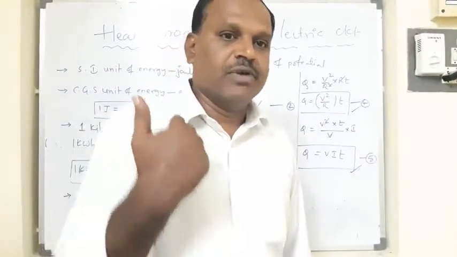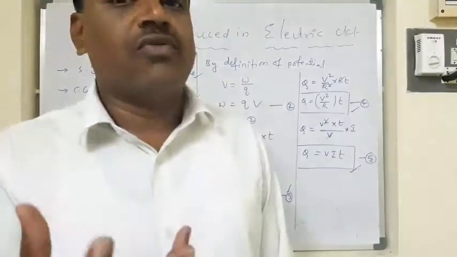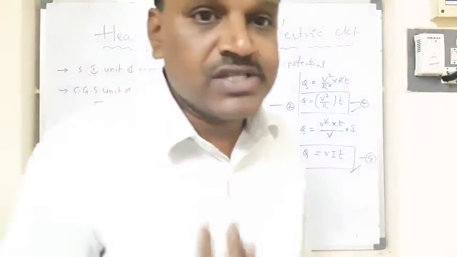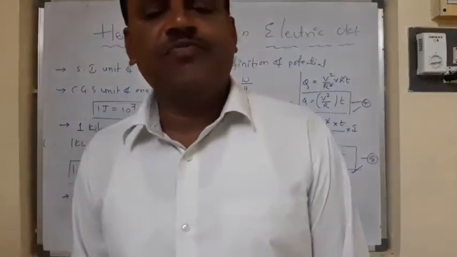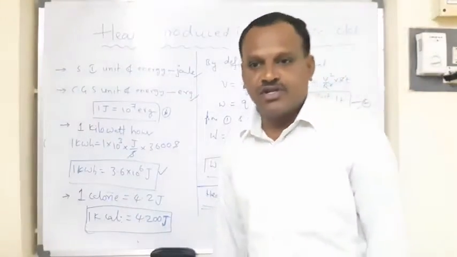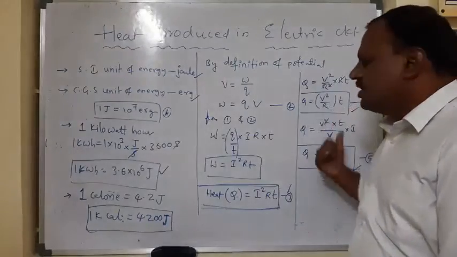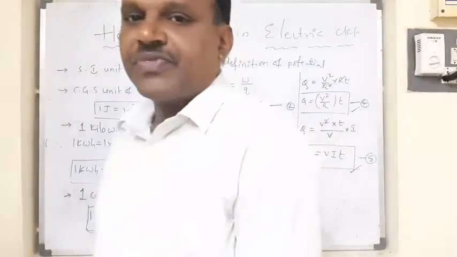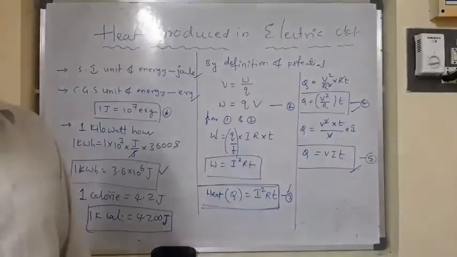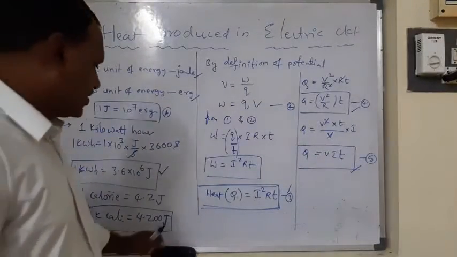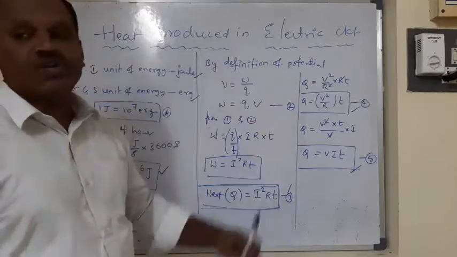So in order to move a charge in the electric circuit through a conductor, an amount of work is required. The amount of work is produced or absorbed and converted in the form of heat energy, right? So what is the equation for that heat energy? We have the third equation, fourth equation and fifth equation which give you the equations to determine heat energy, right? So you can observe the heat produced in electric circuits.